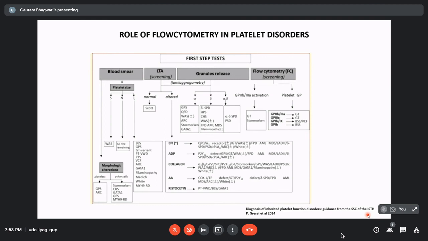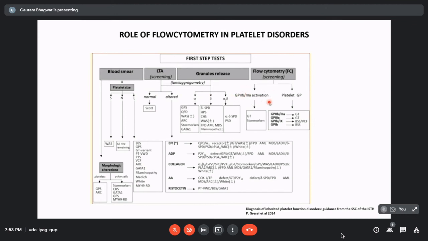And along with that, we may have Döhle-like inclusions in the MYH9 disorders. The next step which we usually read is the aggregometry assays using ADP, ristocetin and collagen, looking into the first wave and the second wave, also known as the RIPA testing. These are the more common tests, but flow cytometry screening is important in cases specifically which